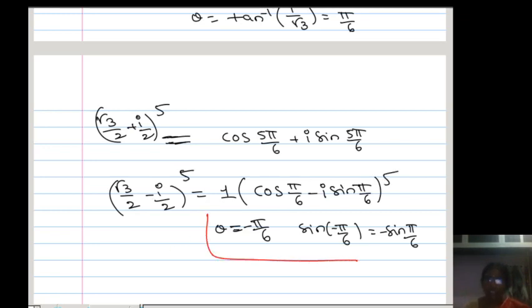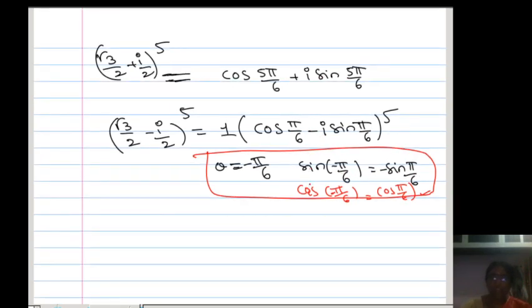Since the principal argument lies in the fourth quadrant, that's why theta is minus theta here. Theta is minus π/6, so the principal argument is minus π/6. It is alpha, it is minus alpha. So cos of minus 5π/6 is cos 5π/6 only because it is an even function. Already we discussed this a number of times. That's why for minus 5π/6 I wrote directly cos 5π/6. But when you write plus i sin minus 5π/6, I wrote minus sin 5π/6 since it is an odd function. So that's why we wrote like this here.